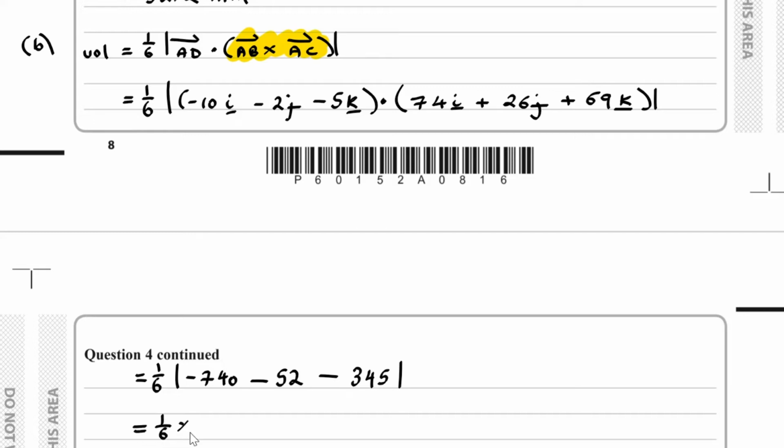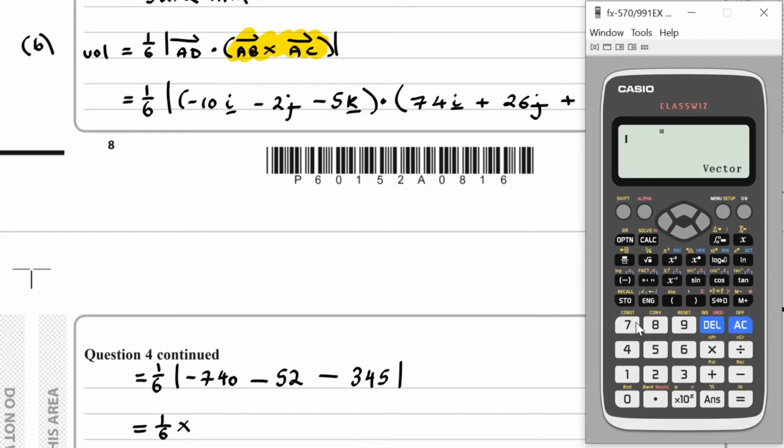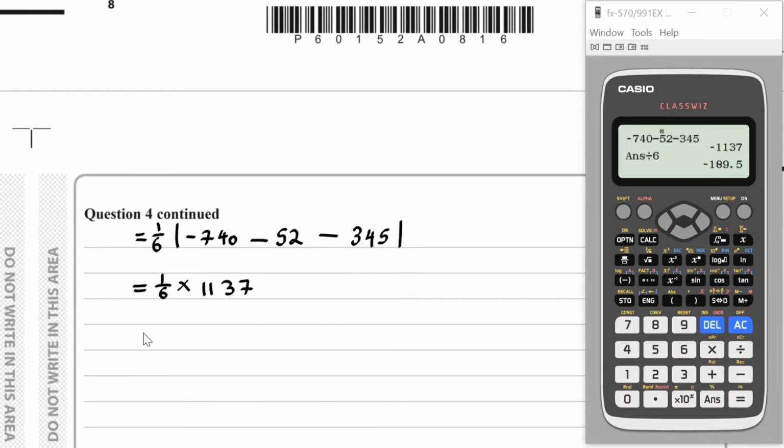So we have 1/6 multiplied by minus 740, minus 52, minus 345, that's minus 1137, and if we divide this by 6 and take the absolute value of that, it turns out that the volume is equal to 189.5